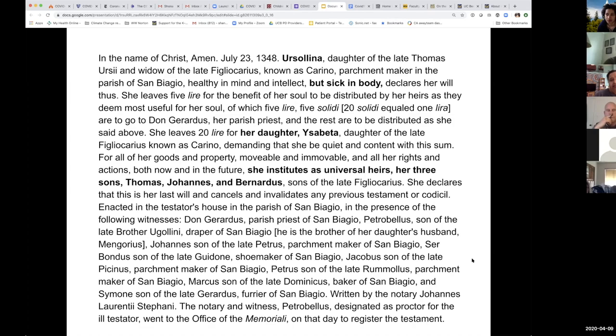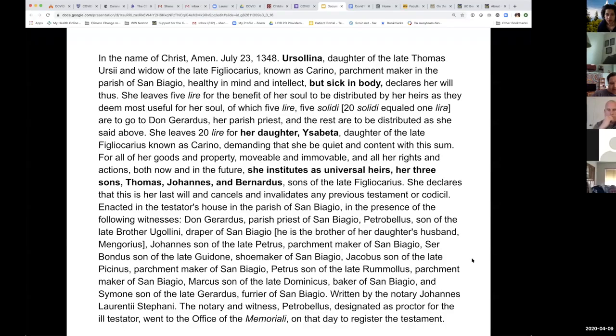It had probably arrived right at the end of 1347. Ursulina, daughter of the late Thomas Ursi and widow of the late Philocarius, he had just died like the week before. Known as Carillo, parchment maker in the parish of San Biagio, healthy in mind and intellect, but sick in body. So she already knows she is sick, and because the will was probated, we in fact know she died soon after. Declares her will thus: